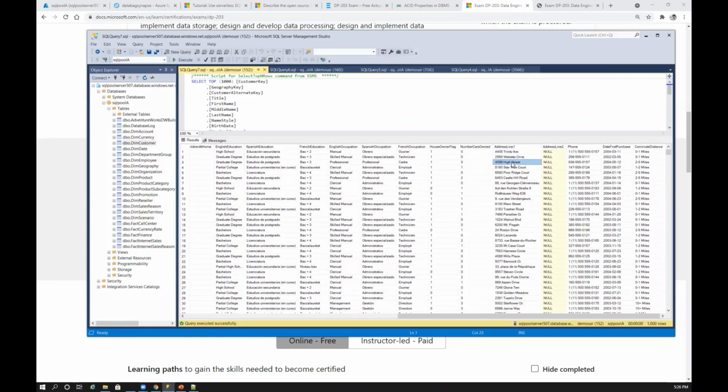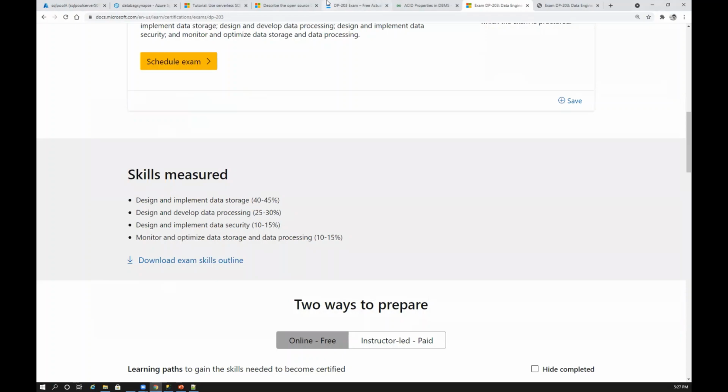Okay, and SCD type 3 no one really recommends, but I think there was one question which came only once in the exam for SCD type 3. But just try to understand the difference. SCD type 2 is recommended, SCD type 1 is a direct update, and SCD type 2 has new row inserts, and for SCD type 3 you'll have new columns created: one column for the old address, another for the new address, another for the next new address. So this is the design, or the pattern, for SCD types, slowly changing dimensions 1, 2, 3. Okay, so that's about SCD.